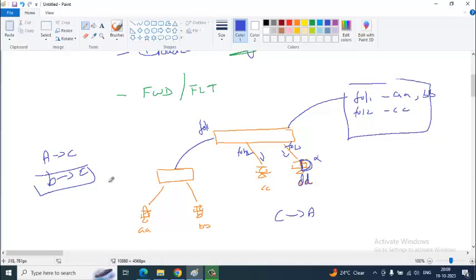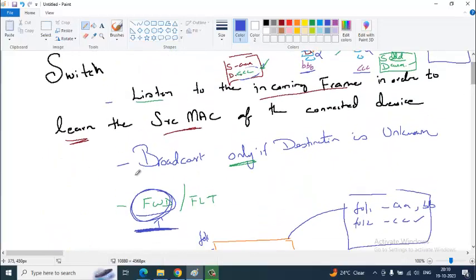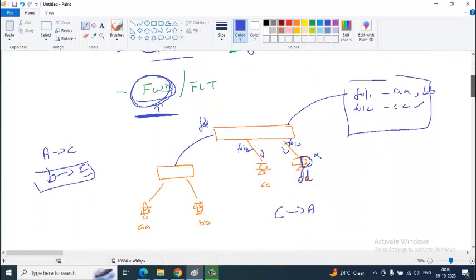Now, because it wants to go to C, and it already knows C, it is going to do what? Forwarding. Because it knows C, it will forward. Flooding it won't do; flooding only happens when the destination is unknown. It is now forwarding to a particular port.